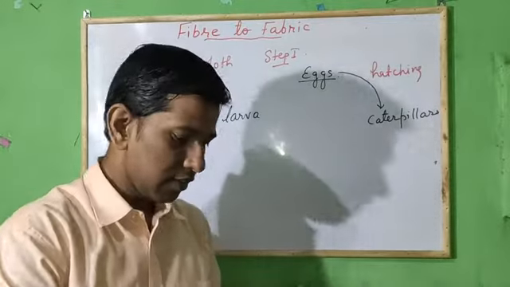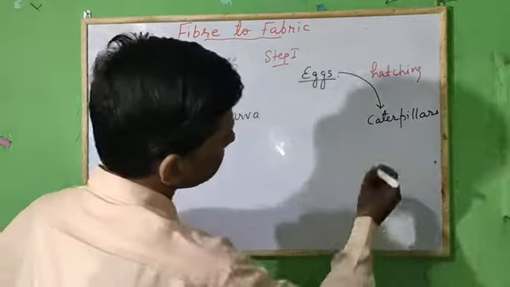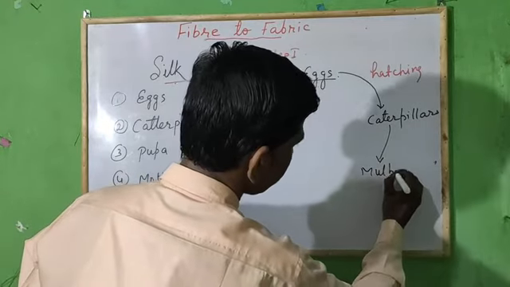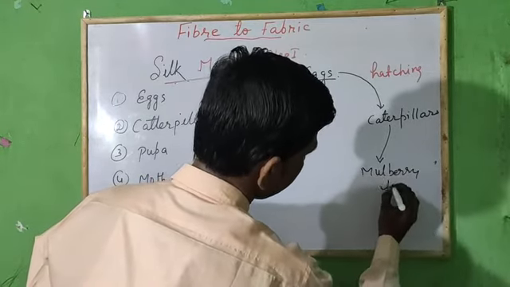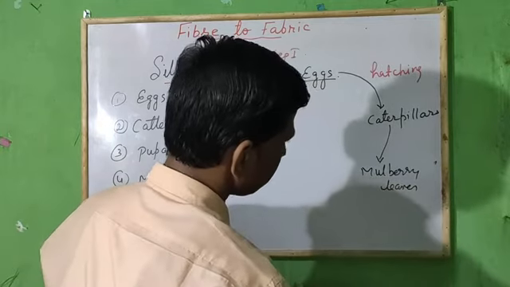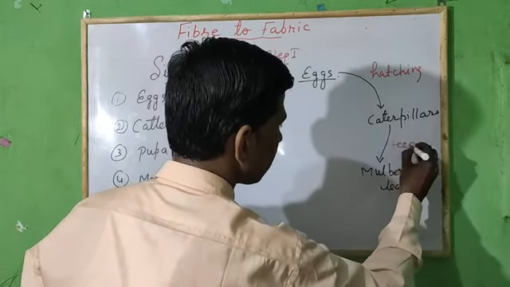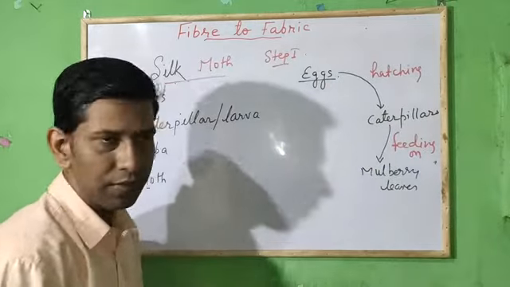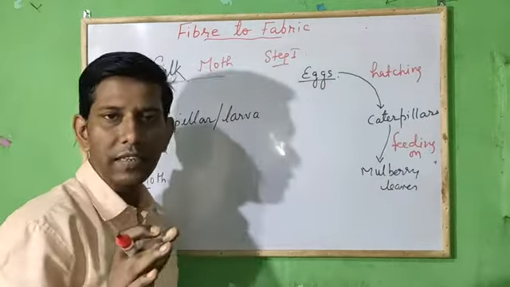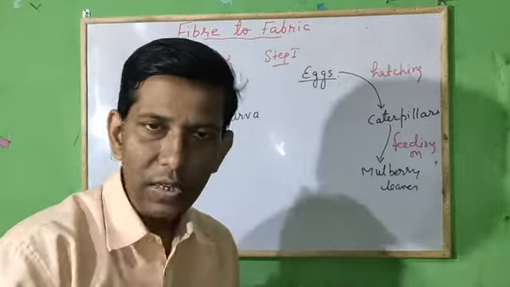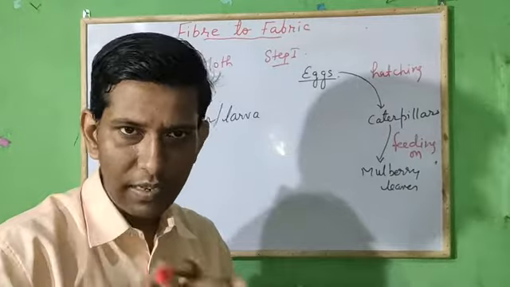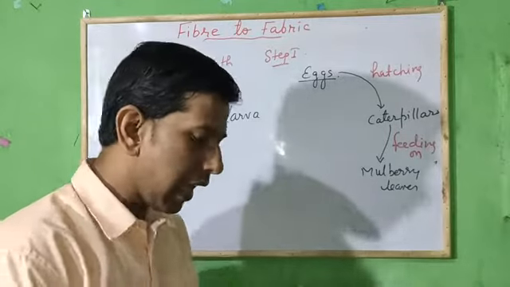Clear? So they will start eating mulberry leaves. They start feeding on mulberry leaves. Clear? They will continue eating. The process of eating continues for 4 to 6 weeks. Clear? In this time their body size will increase, they become bigger, and then